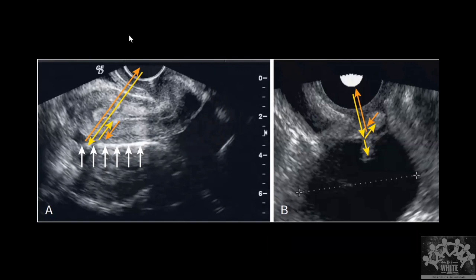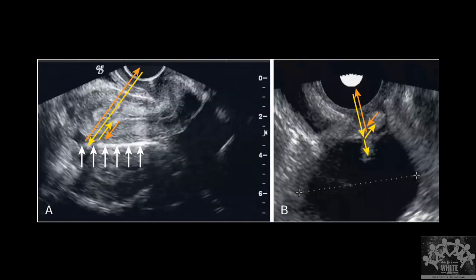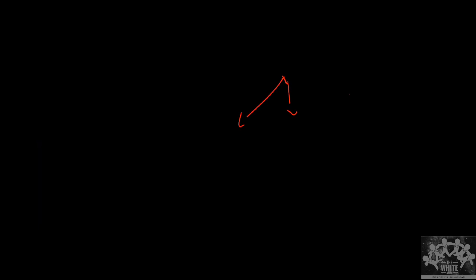Before this, I have to tell you one more thing. The reflection happens based on the difference in the impedance. Now, there are three to four structures which are highly reflective. They don't need any interface. If sound hits these structures at 90°, they will always give maximum reflection and they'll always appear bright.